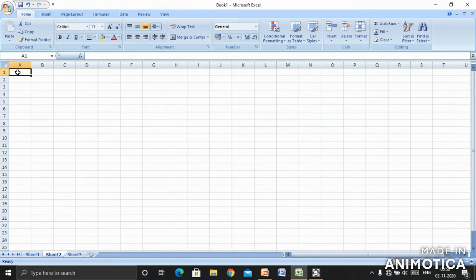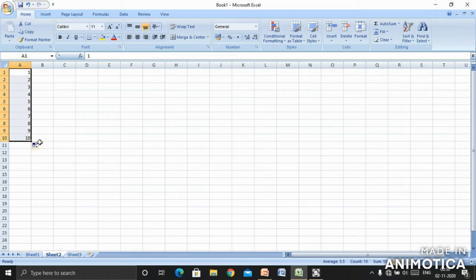Suppose I write 1 here. Now I write 2 below it. Let me select both with the help of the shift key and drag, and you see the difference. All the digits from 1 to 10 are printed.